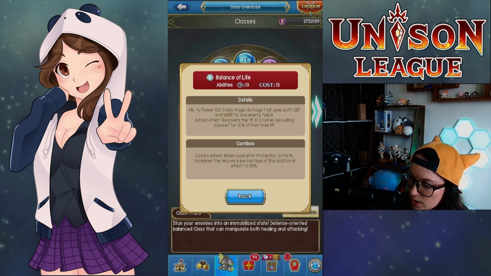Then came Balance of Life, which has a cooldown of 10 seconds and a cost of 15. It has an ability power of 120 and deals magic damage that uses both physical and magical defense to one enemy twice. It has an added effect. It recovers the HP of all allies excluding yourself for 10% of their max HP. It has a combo effect. When used after Protection of Faith, it increases the recovery percentage of the additional effect to 20%, a 10% increase